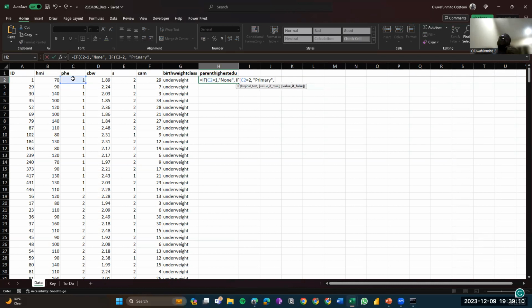Value if false. We still have one more value, so we need to put another if. If C2 equals 3, then I want this to be secondary. Otherwise, we want it to be tertiary, because we've been told that we have 4 values. So if I click on enter,